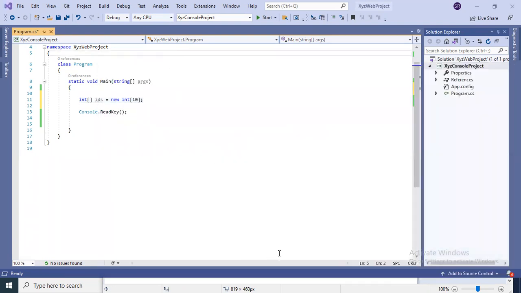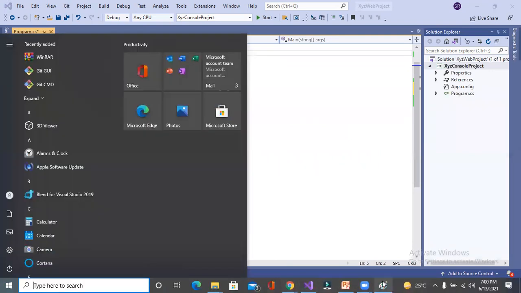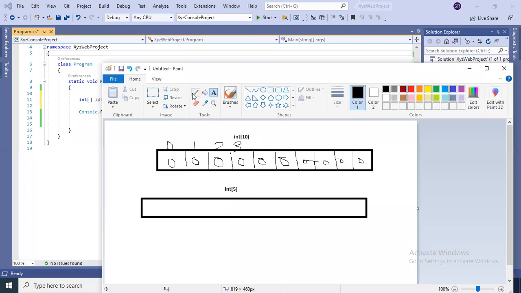Right. It will create 5 blocks: 1, 2, 3, 4, 5. And the index will start from 0, 1, 2, 3, 4.